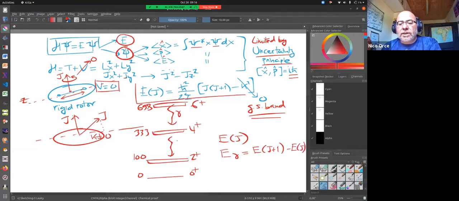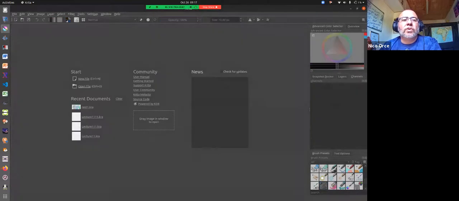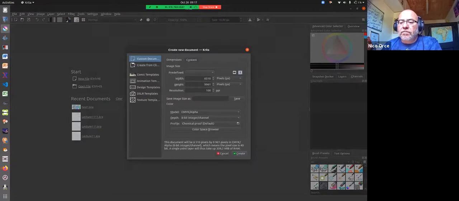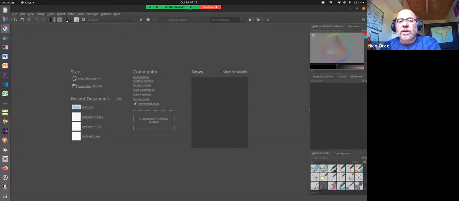So E gamma is this transition here, and is not to be confused with the energy of the state, which is what this is characterizing. So now we move to, going to close this one, and we are going to open a new one, because now we know what the nucleus is doing, and we deduce also the